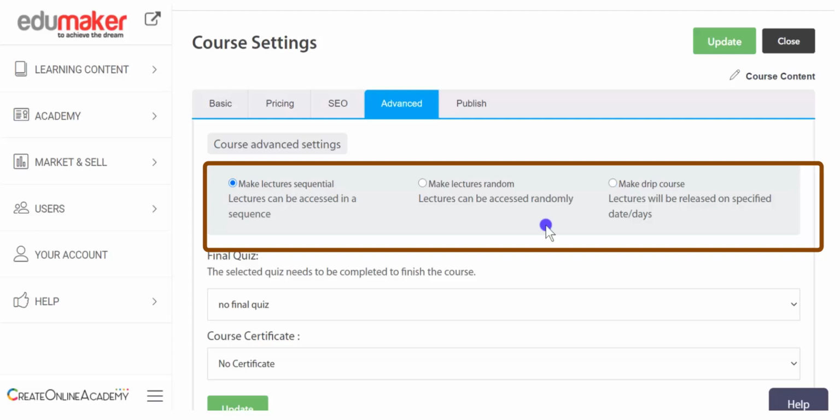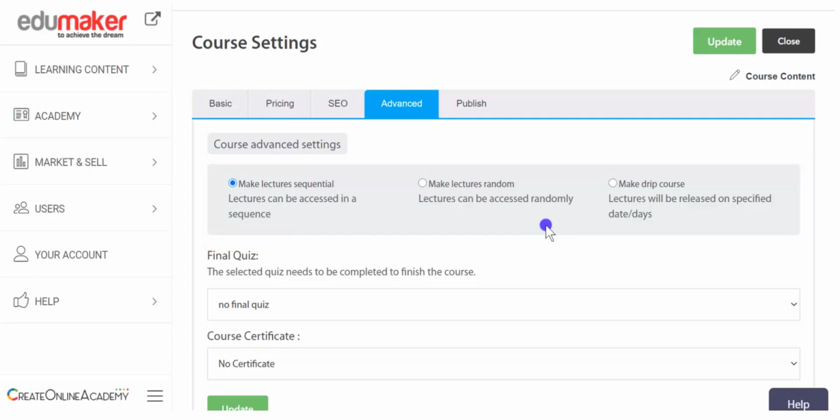Now remember, with the settings of random and sequential, all the course lectures, quizzes and assignments will be downloaded to the student panel at once, and obviously the student can access the lectures randomly or sequentially depending on the settings you choose. But for a drip course, the lectures will appear after the specified period.